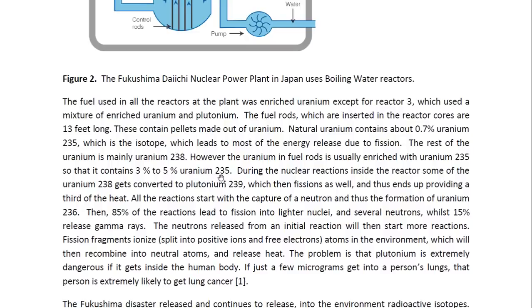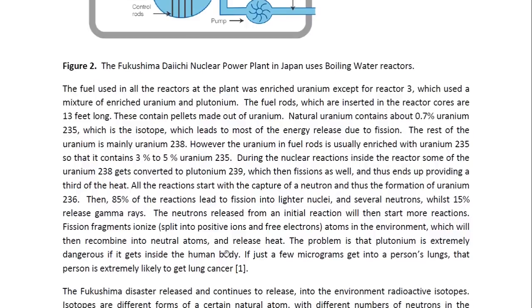It still has 92 protons, but it gains 1 neutron. The number of protons tells us that it's still uranium, but it's now slightly heavier. It contains 1 more neutron. Then